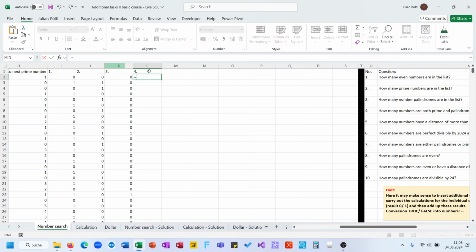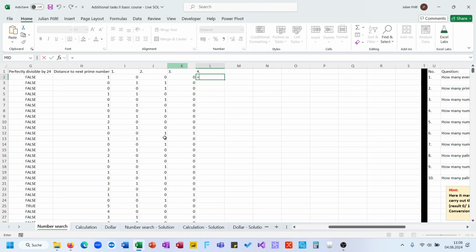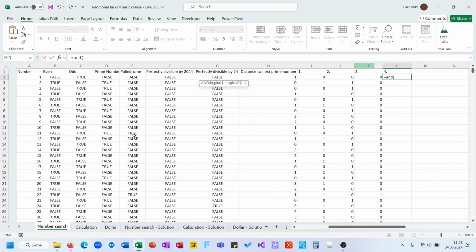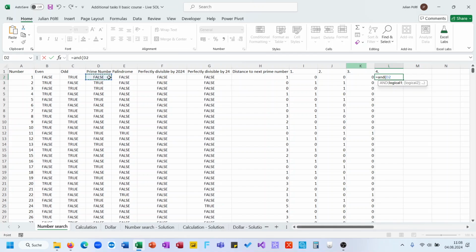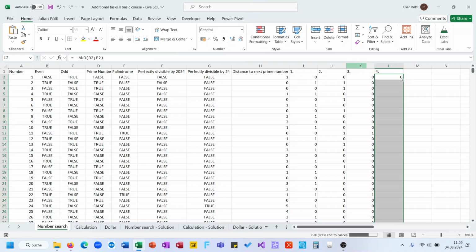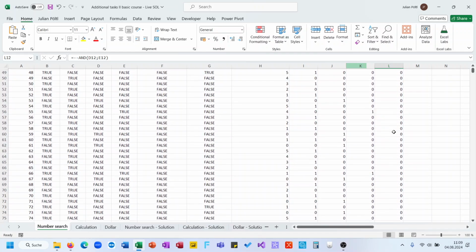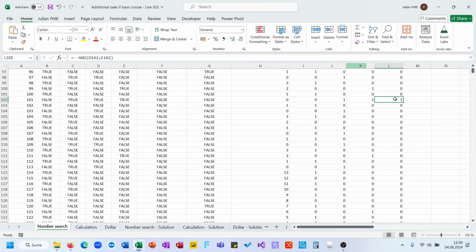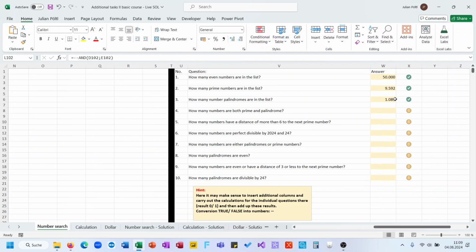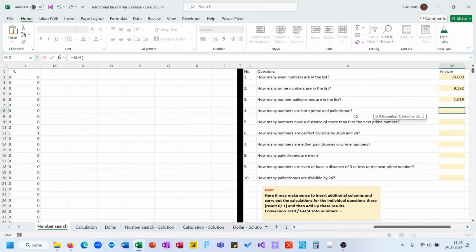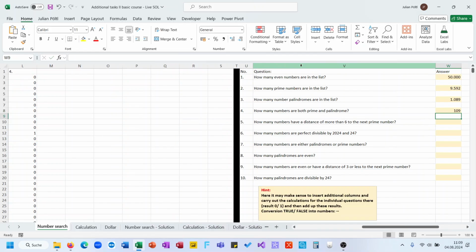How many numbers are both prime and palindrome? So here we could use the AND function, prime and palindrome. You know, the AND function works with true false values, and it will hand out a true false value. And to make this a number, put a minus in front of the AND function. Drag this formula down, and you see, for example, 11 is a prime number and also a palindrome, and the next number is like 101. And we can now sum this column up and have